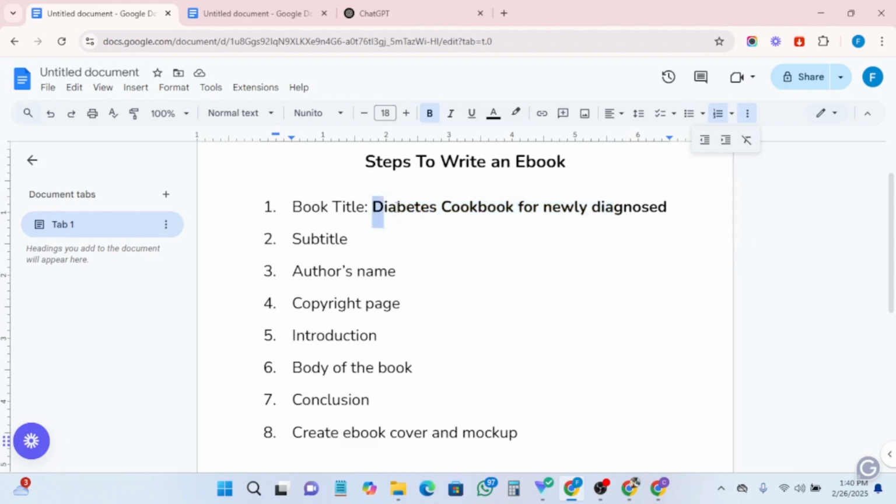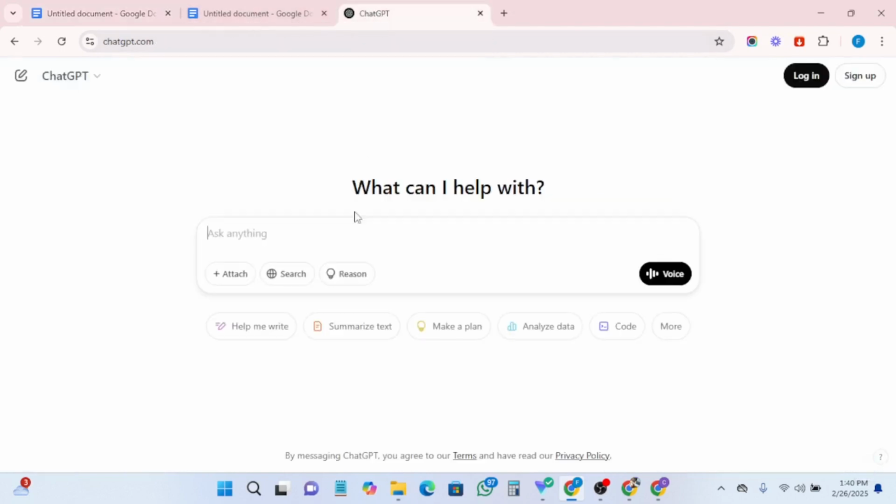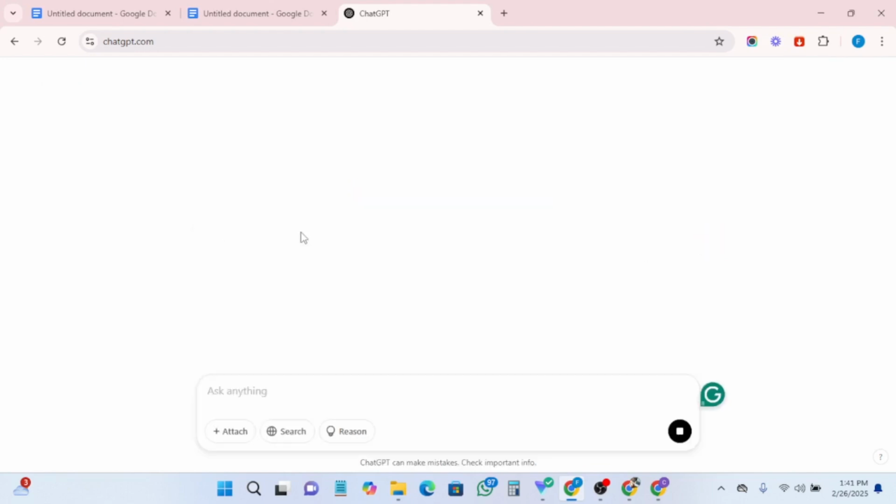I'm going to copy this topic, and we are going to use ChatGPT and Claude. So what are we going to do? Let's go here and tell ChatGPT that we want to create this ebook, and then we want to generate a subtitle for it. Let me say hi. Let me just prep it a little. I want to create a value